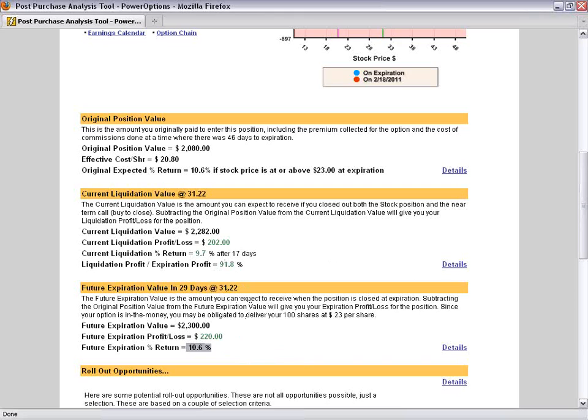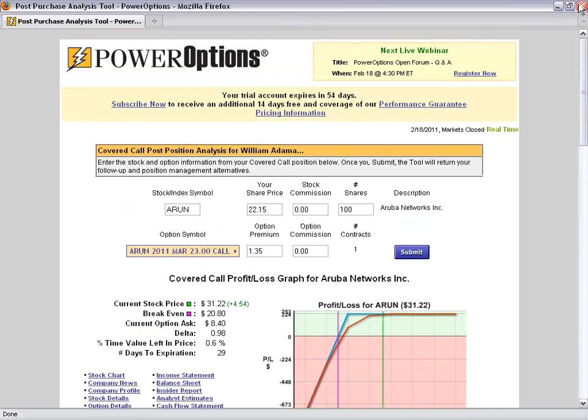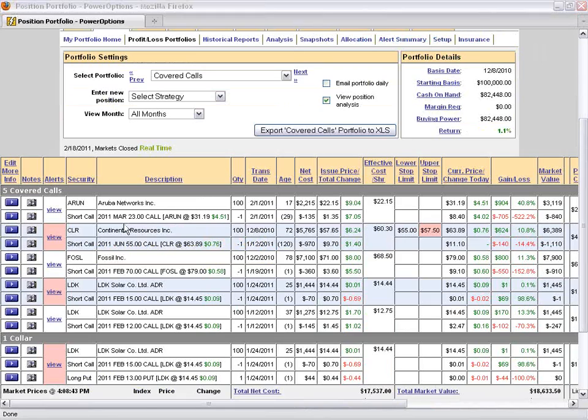But the real way to avoid this scenario is you always want to keep focus on your stocks. And in this scenario, the stock moved up $4.50 today, so it would have been trading at around $26.50. Even though I sold the 23 call for $1.35 when the stock was at 22, if the stock was at $26.50 yesterday, before earnings came out, I'd still be tempted to buy to close this option. Probably would have been around $4 at the time, just to leave the upside open perhaps. Or I might have even liquidated the covered call at that point if it was still near my profit.